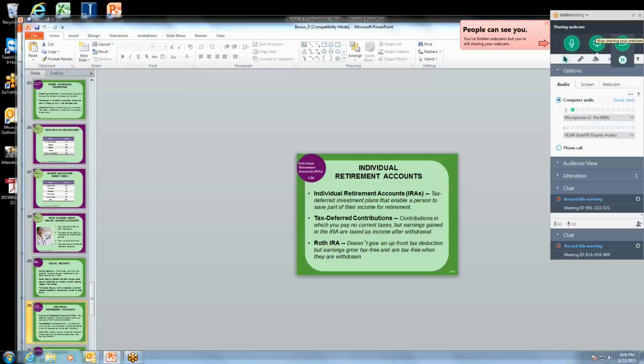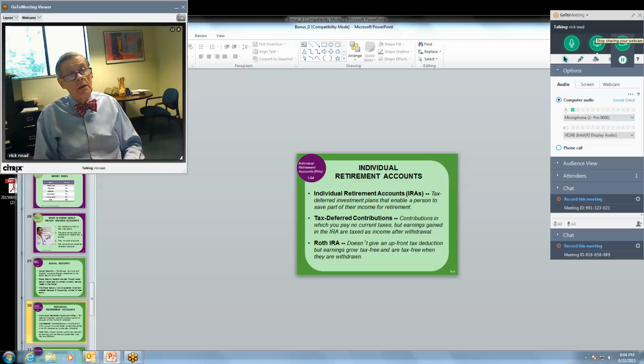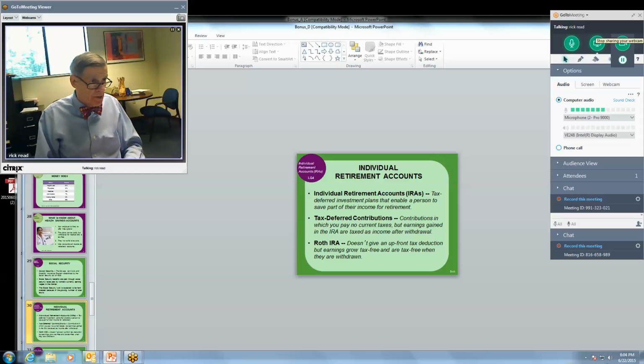Individual retirement account: you can set that up through a bank. You can set it up through a financial institution or some other kind of securities institution, etc. That's money that you put into an account, and it is part of your retirement. Contributions are tax-deductible. You don't pay any taxes until you take the money out.